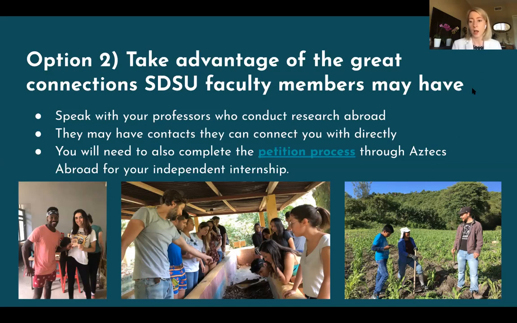For instance, this student here, I think I'm going to feature him in the next slide. He did an internship in Colombia, and we also have these two students who did an internship, and they made that connection through their professor, a professor we have here in the College of Arts and Letters, Dr. Larkins, and they did their internship in Brazil. So that's definitely an option, and it can really help open that door for students, and make that